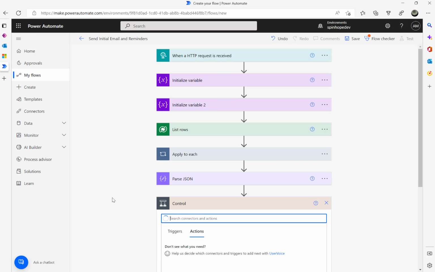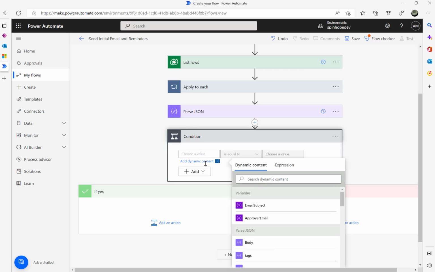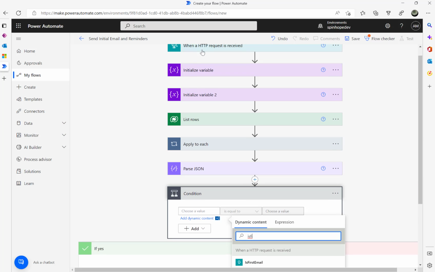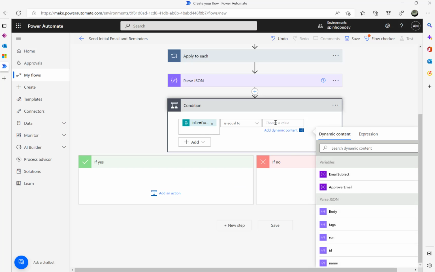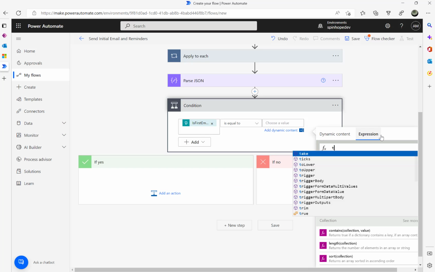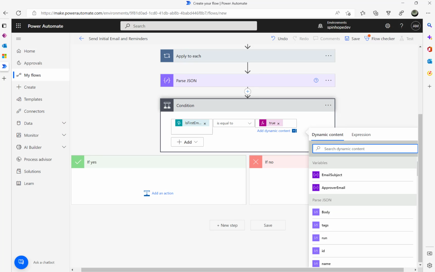So next I'm going to use an action step called condition, and inside the condition I'm going to say here is first email. See, that's in my body actually. Remember, in the body we pass that value. So is first email is equal to true. So again I'm going to use an expression here, true here. Then under the action step,